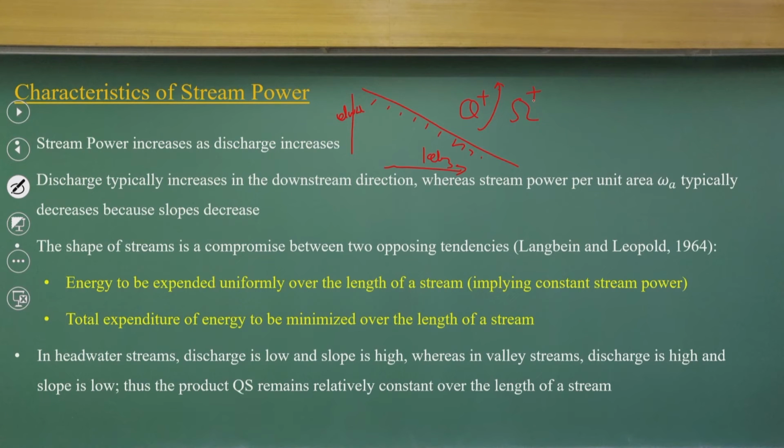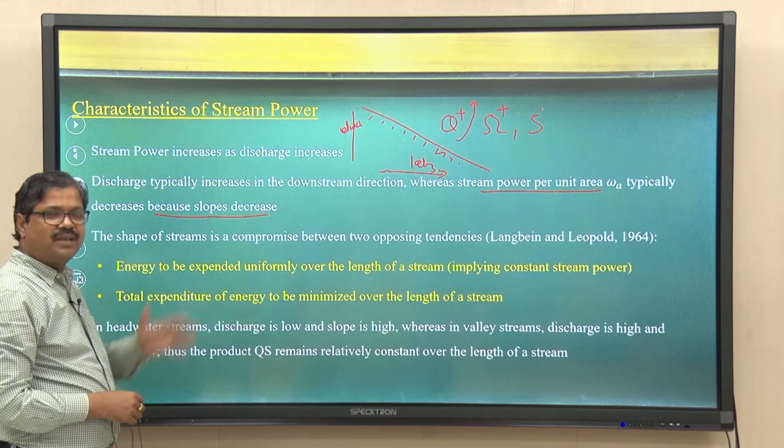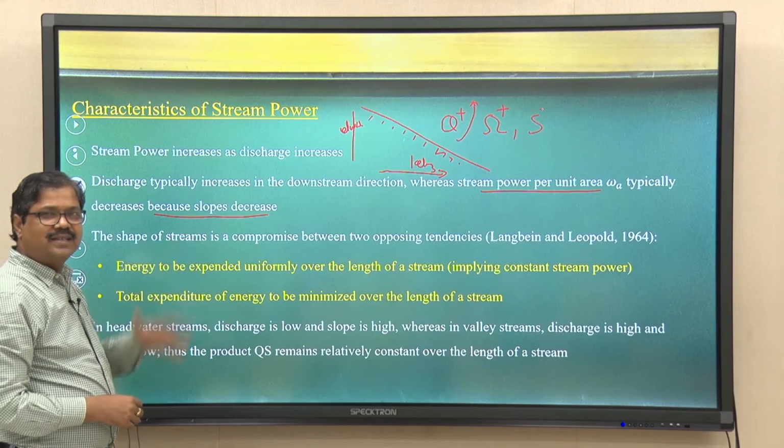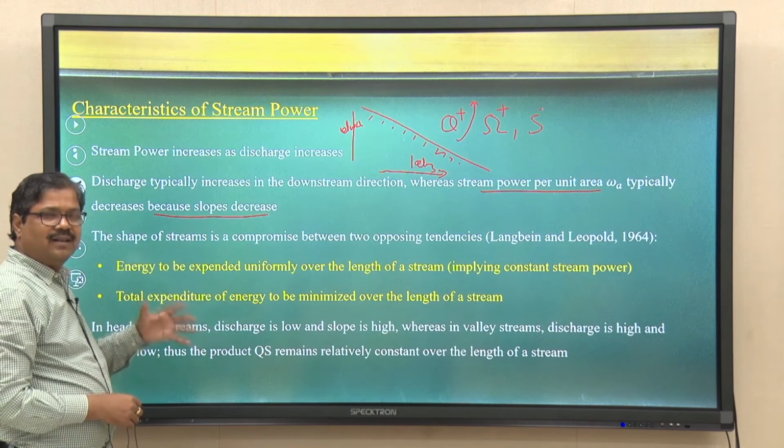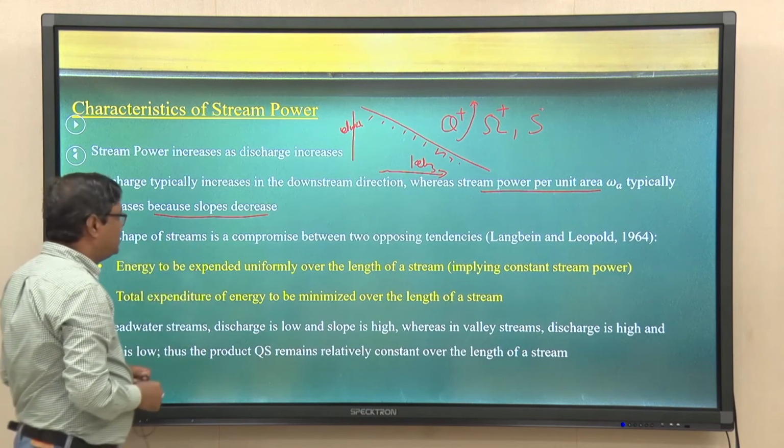But stream power per unit area typically decreases as the slope decreases, and as we know, as you go downstream, the slope also follows a decreasing trend. So, as I go along the river from upstream to downstream, the discharge increases and the slope decreases. And that is the reason for the hypothesis we have,